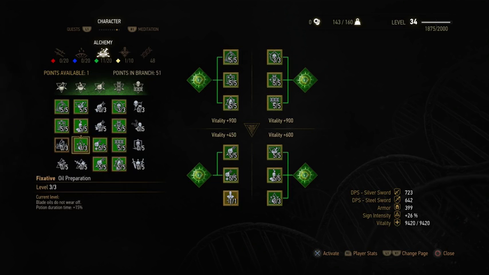It just works perfectly. I like getting fixative quite early on as well, just because of that blade oils don't wear off. But one of the things I will recommend early is actually just getting the bear school techniques. It's one of the easiest to get, and by using heavy armor early on, and especially once you've got the beginners bear set,